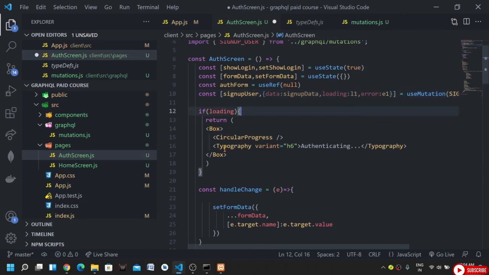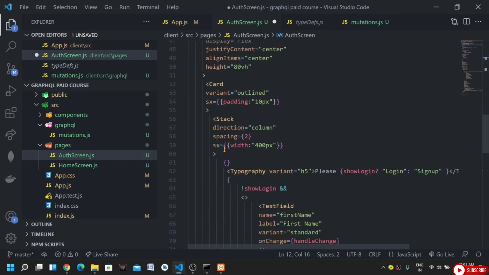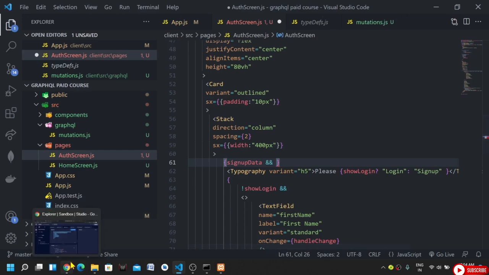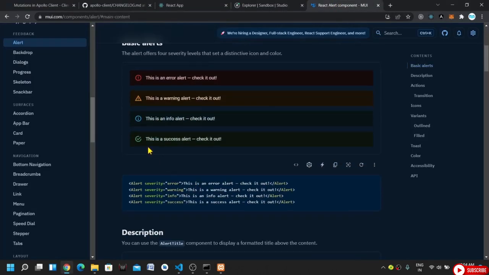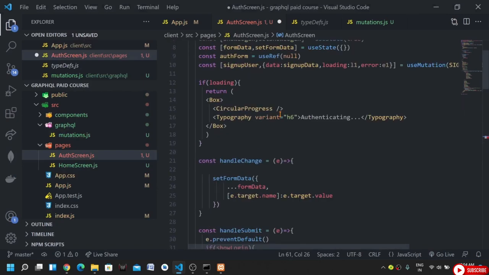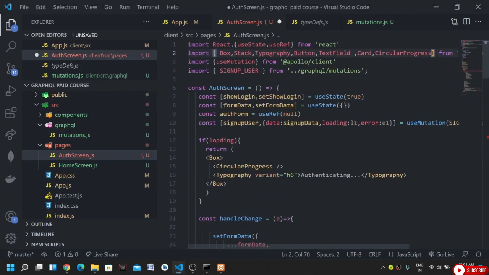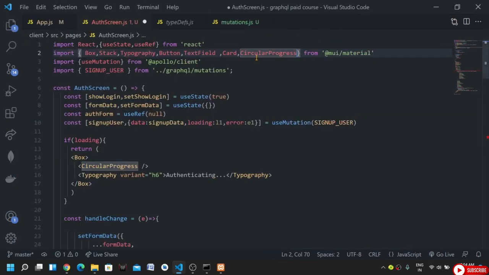And here we can add a condition that if signupData we have that, then in that case we will return an alert. In Material UI we can use this green alert. So let me copy this alert which has this success severity, Ctrl+C, and first of all let me import this as well,